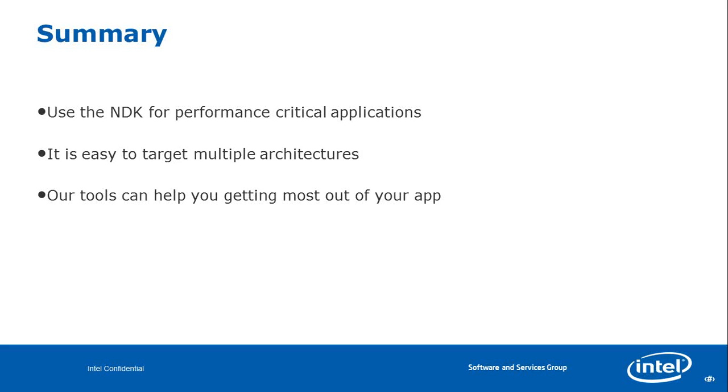It's also easy to target multiple architectures. As I mentioned already, the NDK is available on multiple architectures like ARM, Neon, and MIPS. The only thing you have to take care of is your APK file, and which platform you are targeting. Just mention it in your app ABI interface, which will give you that particular APK file. So you are targeting multiple architectures here, and for each architecture you have your own type of optimization steps. So go for it and target multiple architectures.